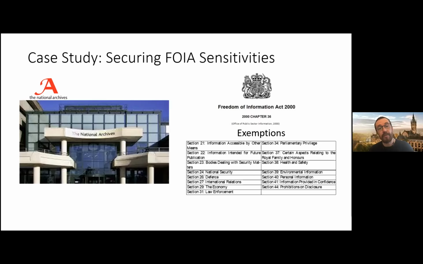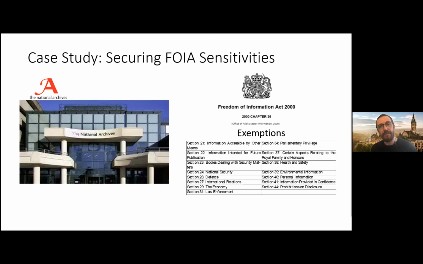The Freedom of Information Act has 14 categorical exemptions, which apply to historical records. So this is what Doug was mentioning right at the start of the talk in the background, and the fact that categorical exemptions are broadly defined. They don't say this particular thing is sensitive, but that particular thing is not. They give you vague